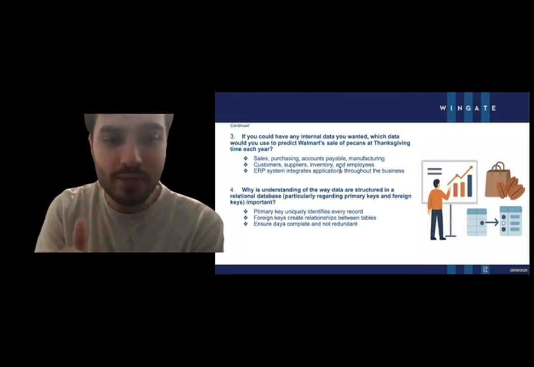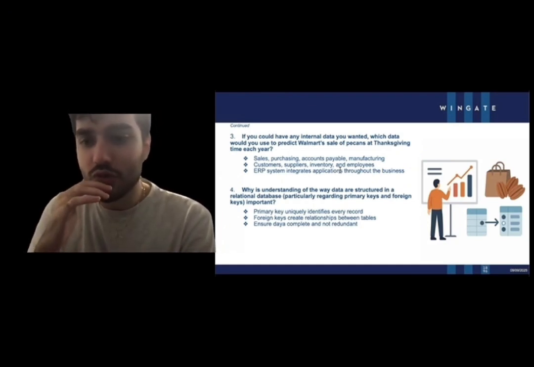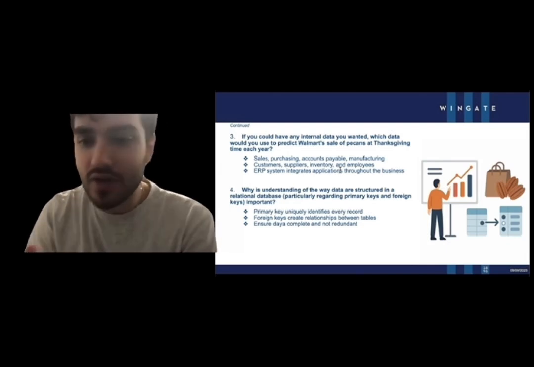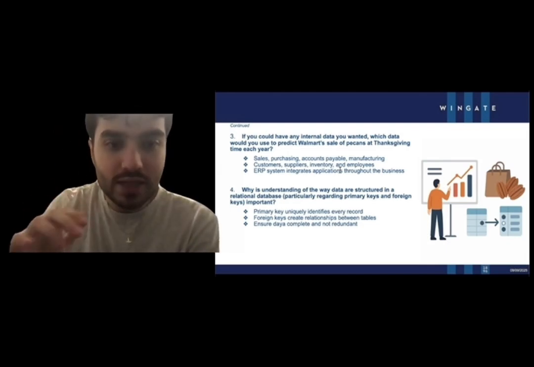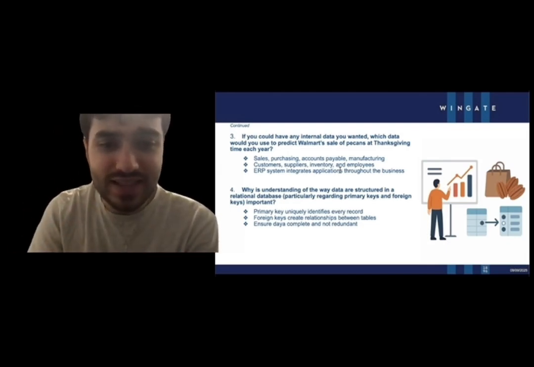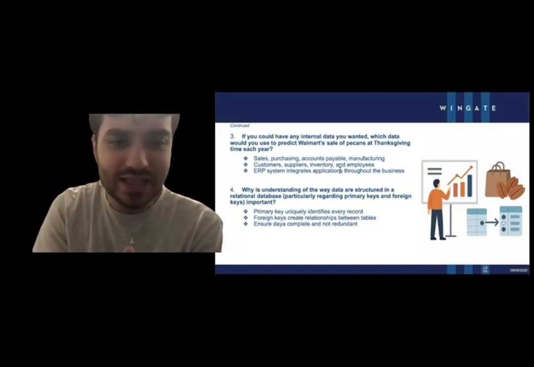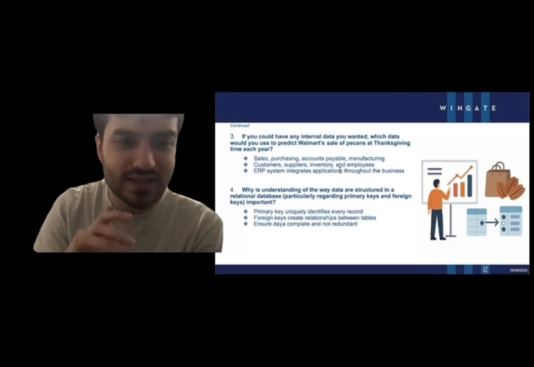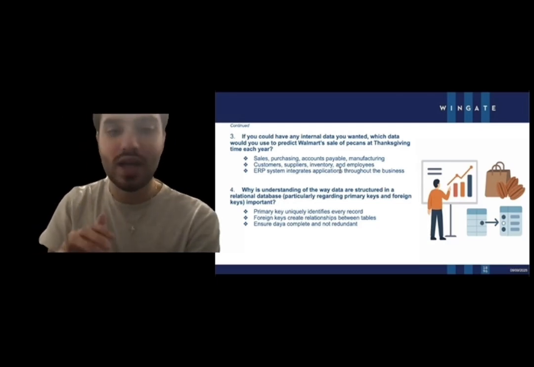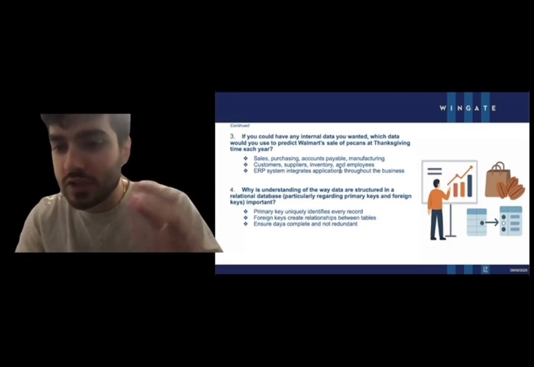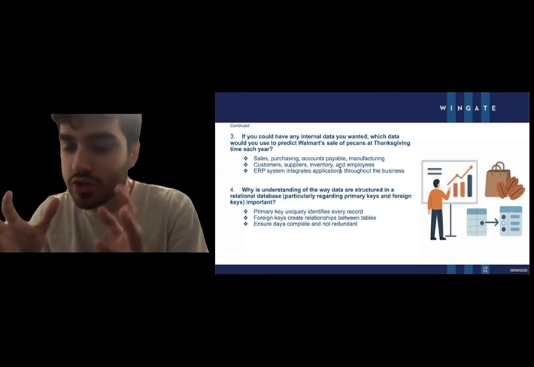The last question is, why is it important to understand how relational databases use primary keys and foreign keys? Databases use primary keys. So the primary key box that I have on the right keeps data accurate and consistent and easy to analyze. For example, it links a customer ID to their order. Without these keys, databases would quickly become disorganized and unreliable. So that's why I have those two little charts over there.